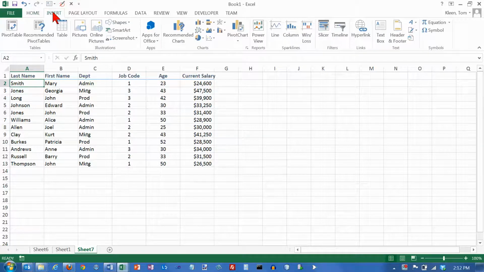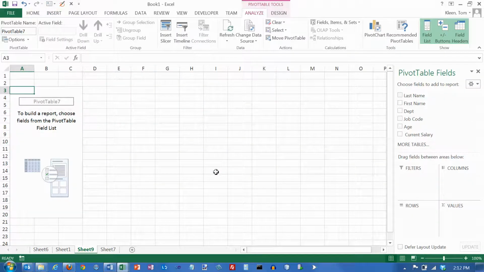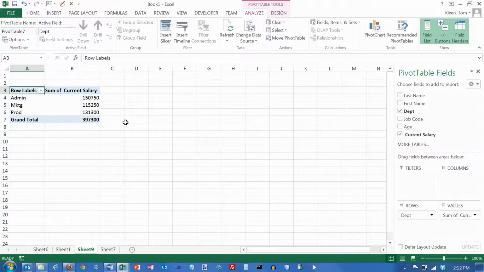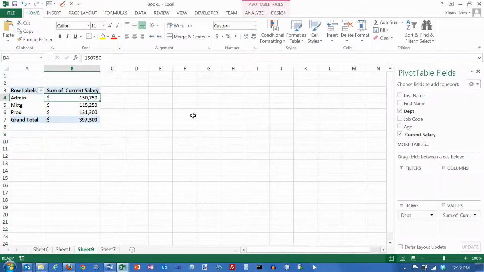Let's go to the Insert tab, and in the Tables group, click on Pivot Table, and you just have to have the cursor in the data someplace, and it'll select the data for us correctly, and we're going to put it on a new worksheet. Click on OK, and let's find out what our salary by department is, and we'll do a little formatting. Okay, so it gives us the sum of the salary by department,